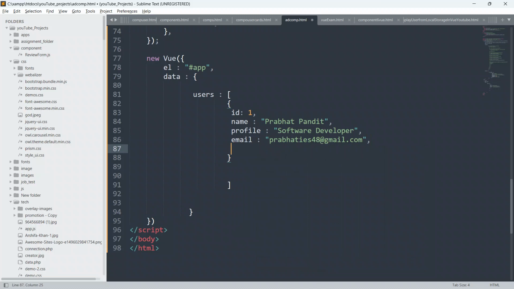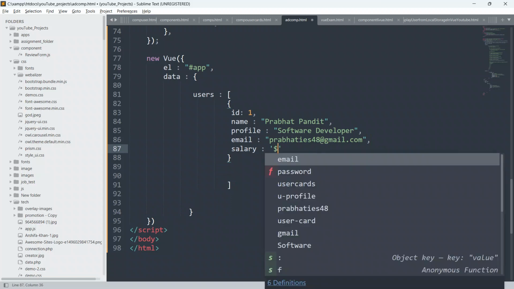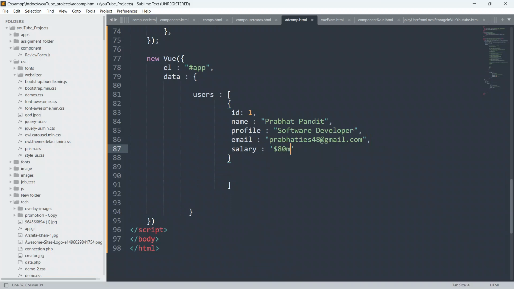I will say salary also. So salary I will give here $80, so I put a dollar sign, and I will give here 80,000. Put comma, and I will give descriptions also about the user.